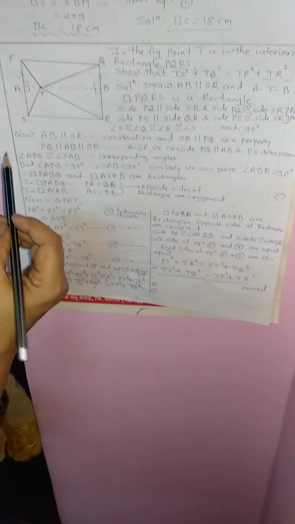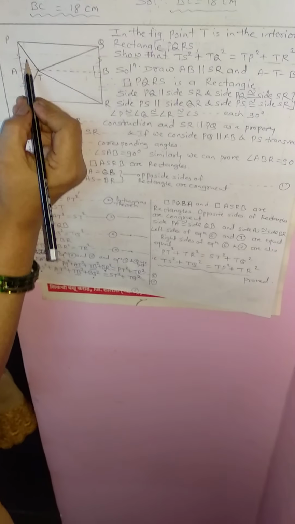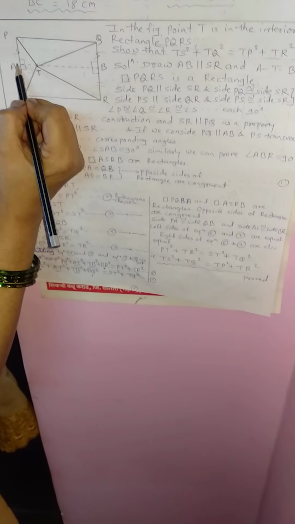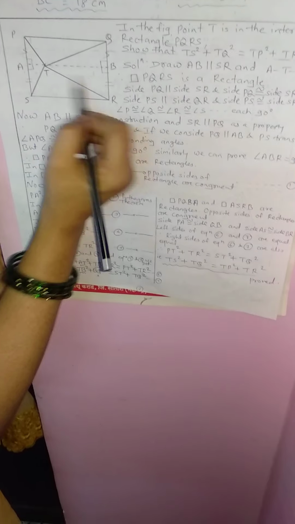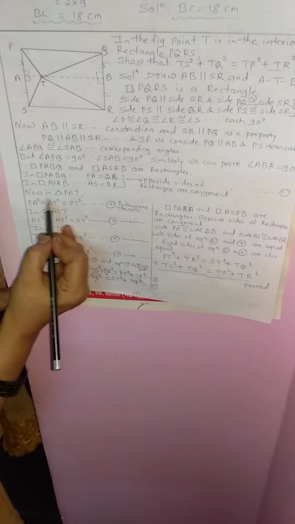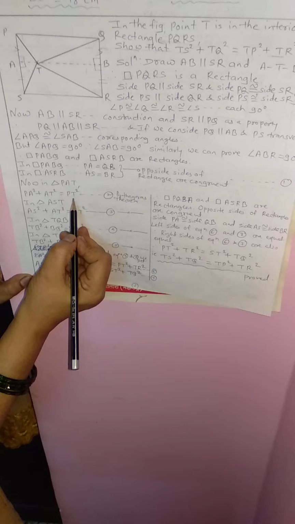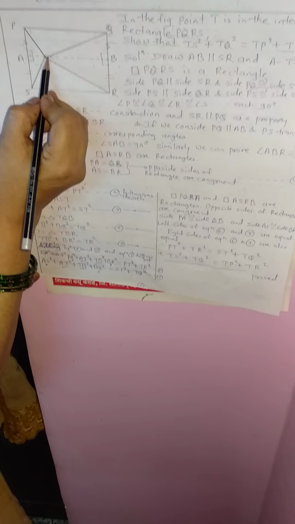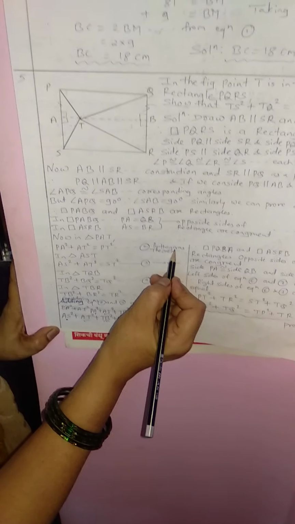Now we have to take small triangles from the given figure. Which are those? Triangle APT, triangle ATS, triangle TQB and triangle TBR. These four right angles are there. So step by step, I have written the equations here. In triangle PAT, PA square plus AT square is equal to PT square. In this, PT is the hypotenuse. So PT square is equal to PA square plus AT square, by the Pythagoras theorem.